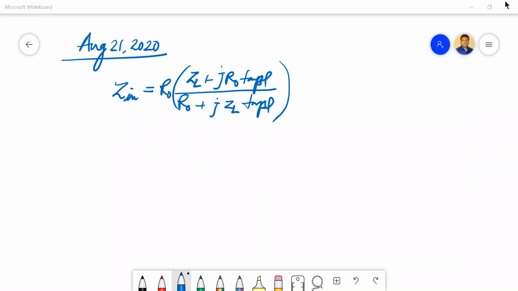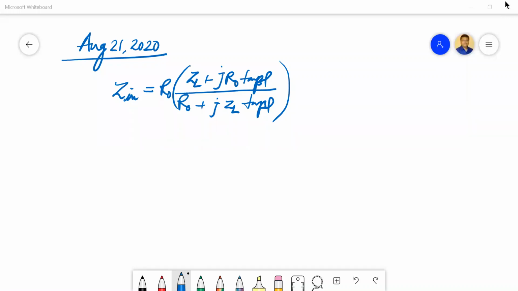So this is one of the important relations: when you have the lambda by 2 line, the half wave section will not affect things. Whatever is at the load, you can see at the input side. So these are some important outcomes when we solve the problems. We'll see the things, correct.